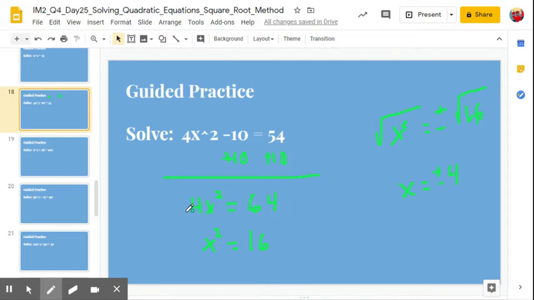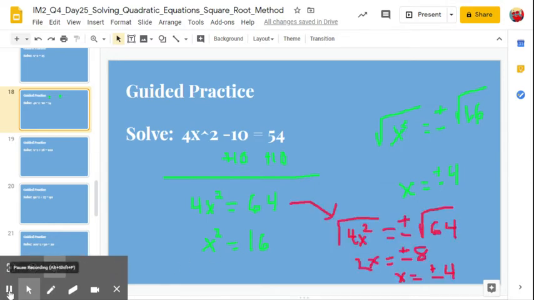So then I did the division property of equality, and I divided both sides by 4, and we got x squared equals 16. And then I took the square root of both sides, so we get x equals plus or minus the square root of 16, which is x equals plus or minus 4. Just going to show you another way you could have solved this as well. It wasn't the way I set it up for you in the notes, but by all means you could have